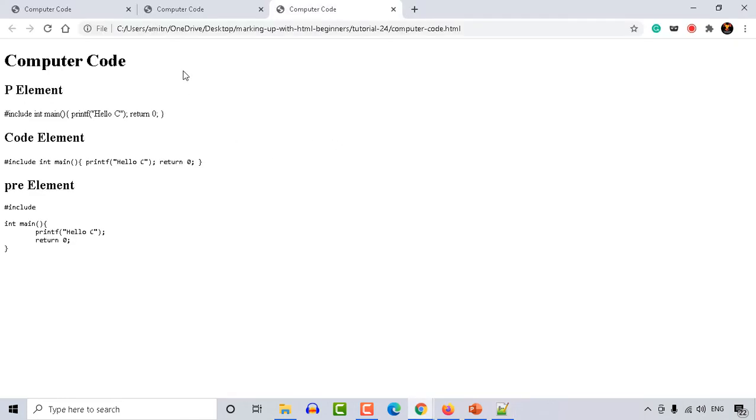So let me show you the difference. Now you will get this stdio.h, okay? And here again you have to implement the same thing in these two, and definitely you will get the same output like this. Now I guess you understood the difference between P, code and pre-element. The code element tells that a particular block is code, so it also provides a semantic meaning rather than just providing a format. Similarly, the pre-element is used to represent white spaces as well as telling the browser that this is a piece of code. But if you keep the code inside the pre-element, it will be normal text, so even the screen reader will not treat it as code.